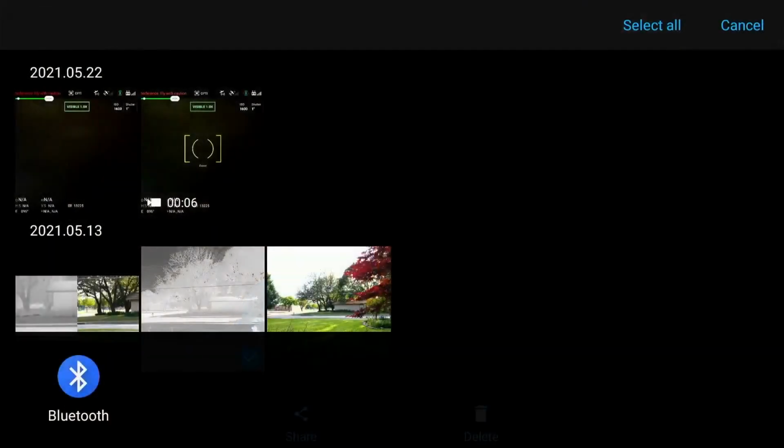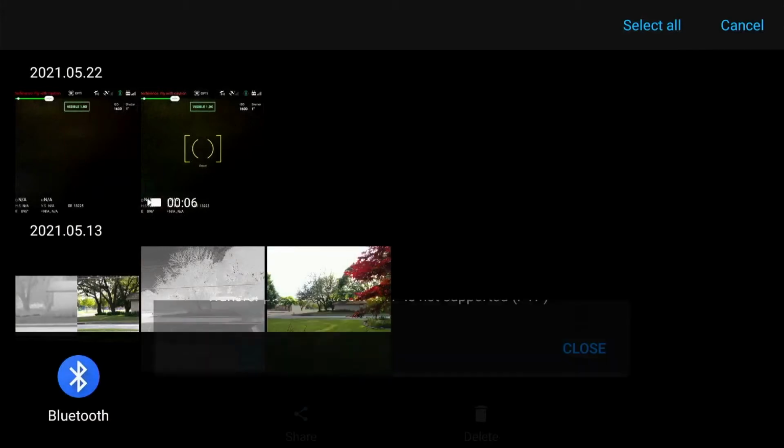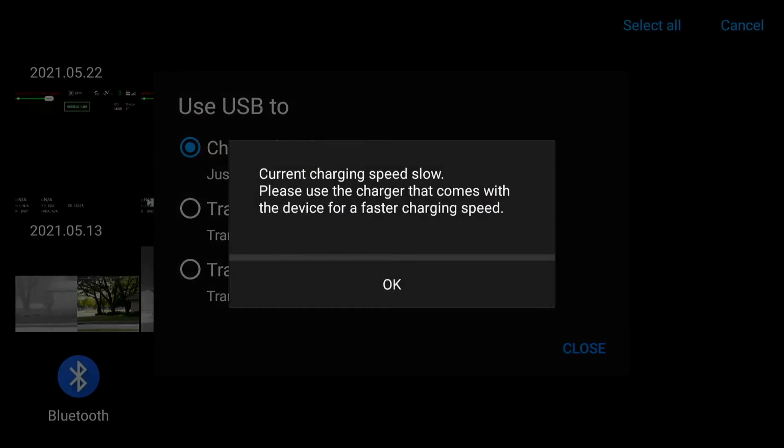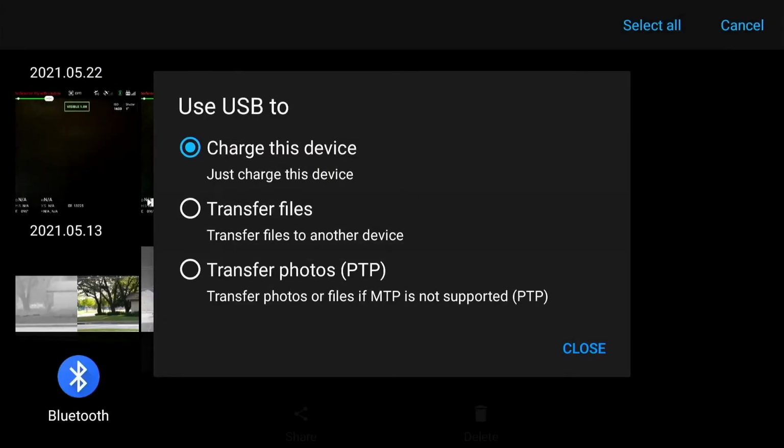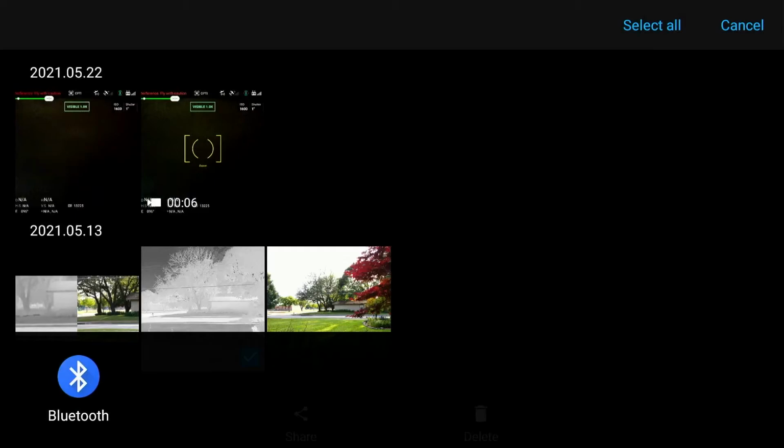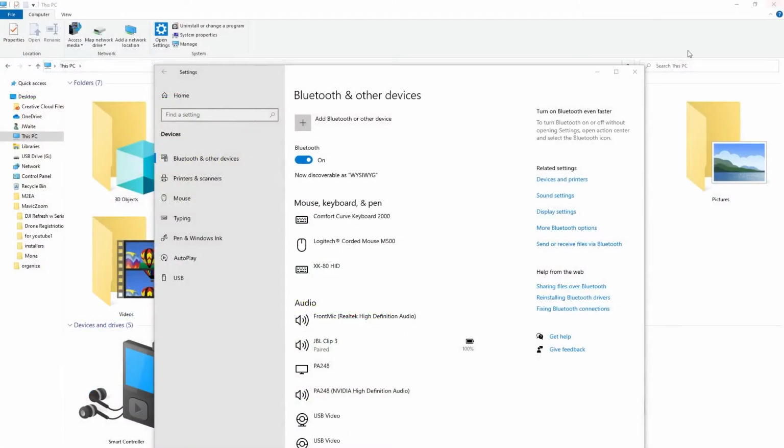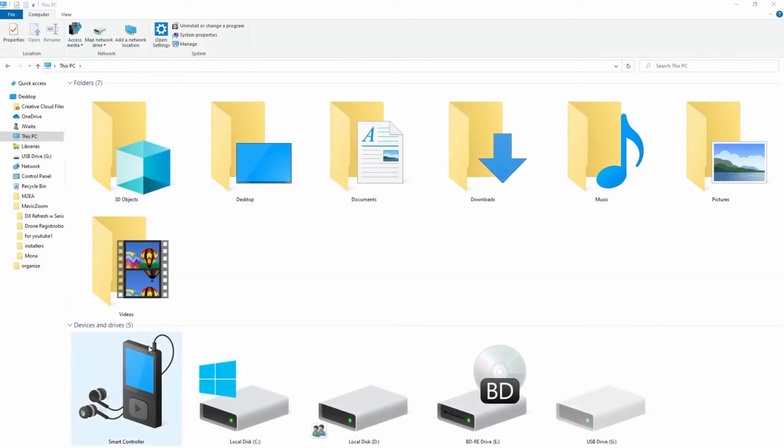Alright. Next method is with a USB-A to USB-C adapter to the controller. This only works for PC, but let's take a look. Alright, so I am going to attach the USB-C cable to the controller. Alright, we're going to cancel that and then transfer files. Let's go over to the PC. I'm going to close out the settings. Now we have a smart controller icon,